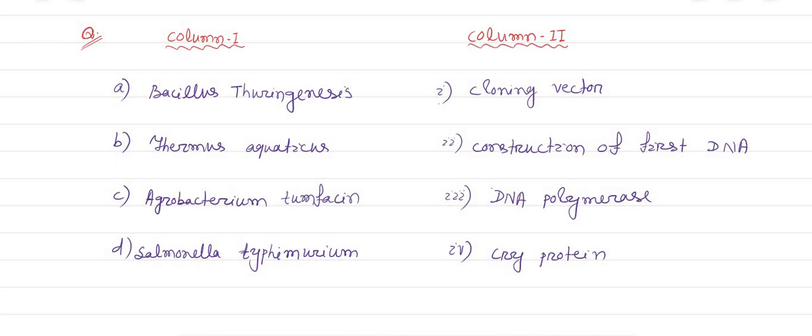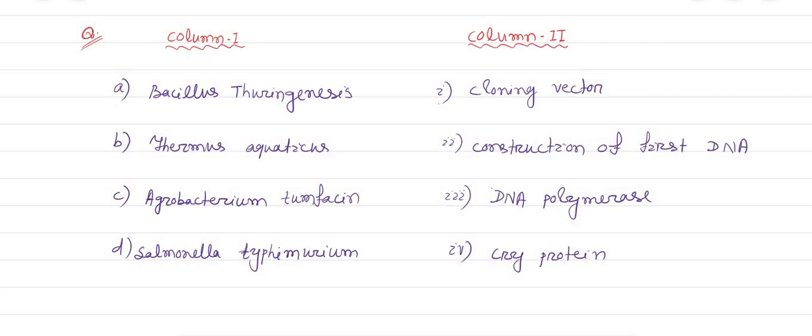Here is the question. The question is column matching. I have already written the question. The question is from the NEET September 2020 exam. I'm discussing it. Here, in column 1, different bacteria have been given, like Bacillus thuringiensis, Thermus aquaticus, Agrobacterium tumefaciens,